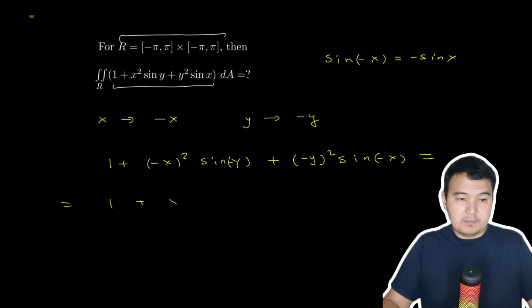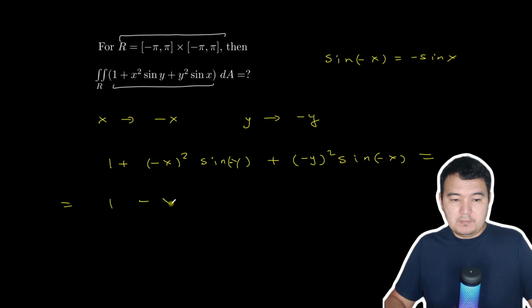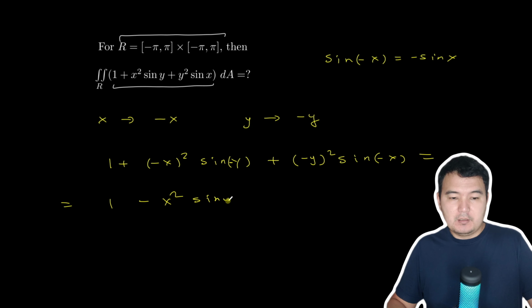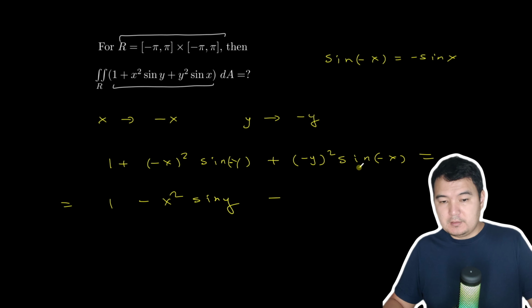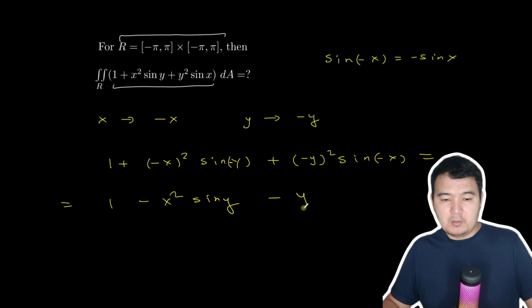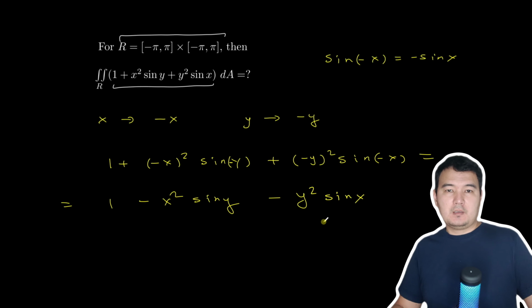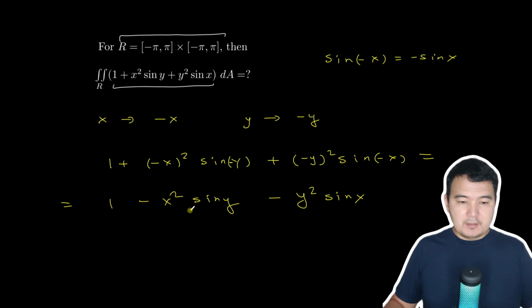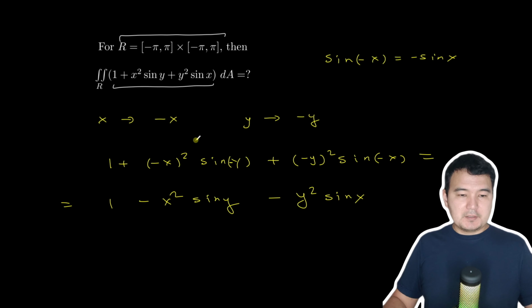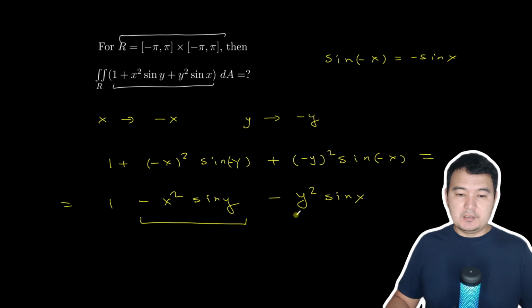That's why we have negative x squared sine y minus the same thing here, y squared sine x. And then you can easily see that it's almost the same function as our initial function, but with negative signs here and here. So which means